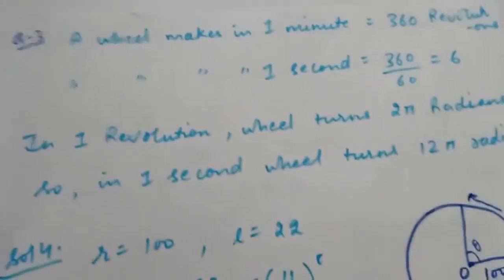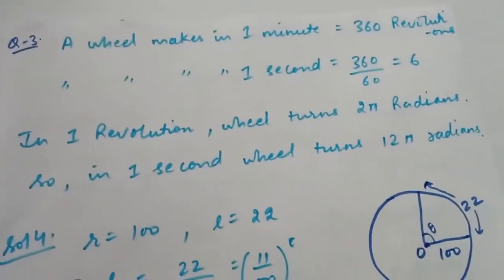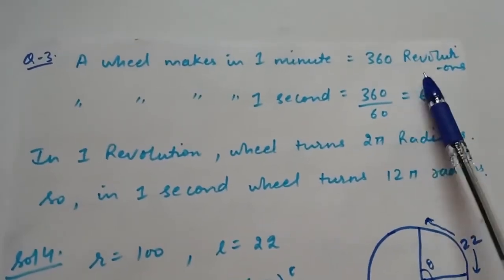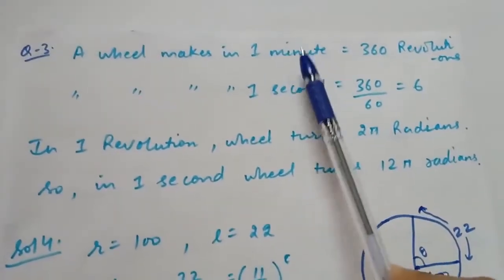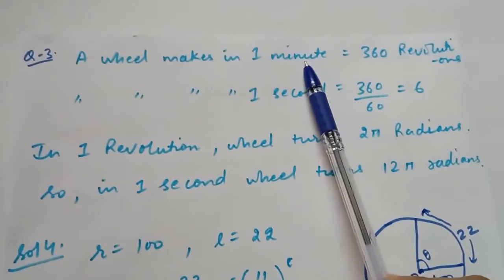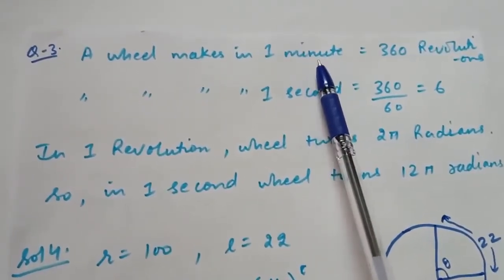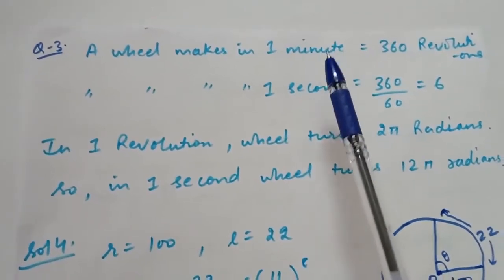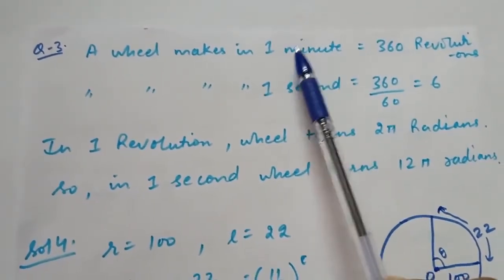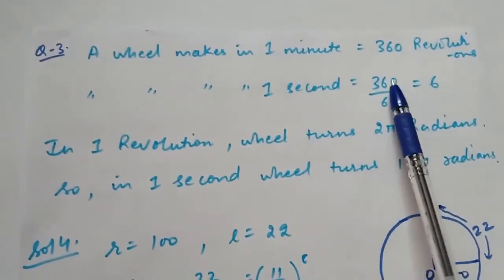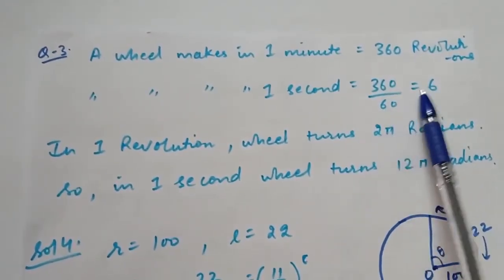Now question number third. So in this question it is given that a wheel makes 360 revolutions in 1 minute. We have to find through how many radians does it turn in 1 second. So first of all, we will find how many revolutions the wheel makes in 1 second. Now because 1 minute is 60 seconds, so for 1 second the revolutions will be 360 upon 60,